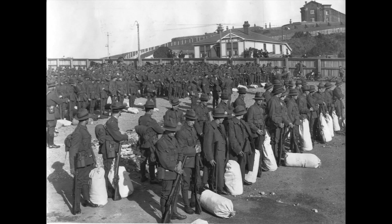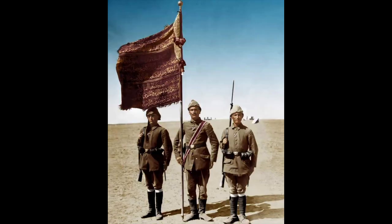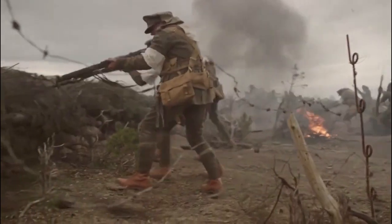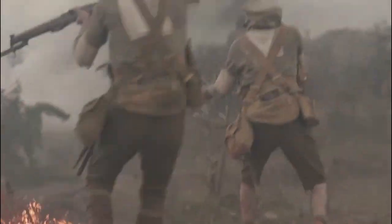In April 1915, the ANZACs were then sent along with the British Mediterranean Expeditionary Force to the Gallipoli Peninsula in Turkey as part of the campaign to invade the Ottoman Empire, which had allied with the Germans. The plan was to capture the peninsula so Royal Navy ships could sail up the Dardanelles unopposed and capture the Ottoman capital of Constantinople. However, the campaign was an absolute disaster and the British forces suffered huge casualties, leading to